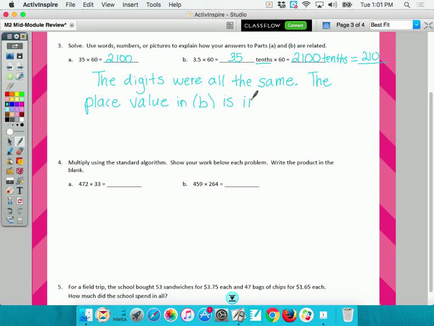Is in the what place? Tenths place. That's the only difference. So what's the answer to a multiplication problem? The product. So the product should be